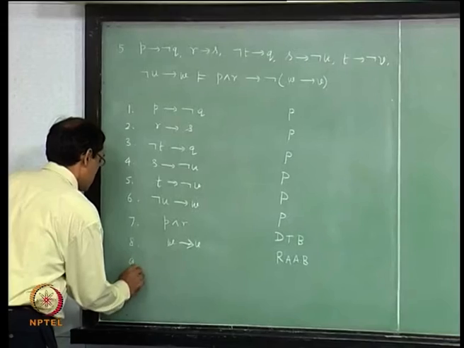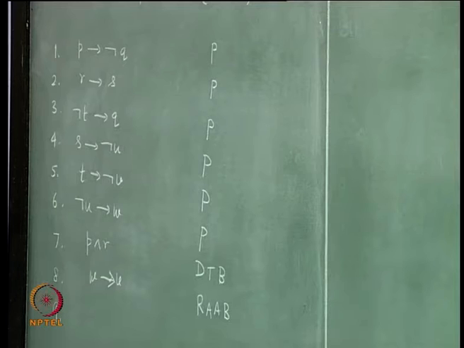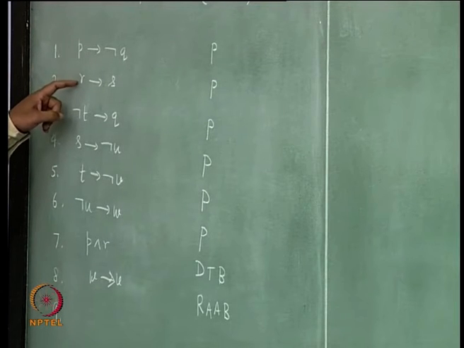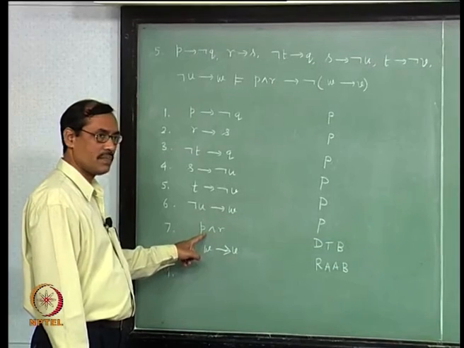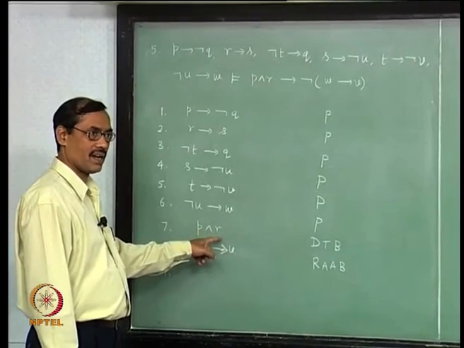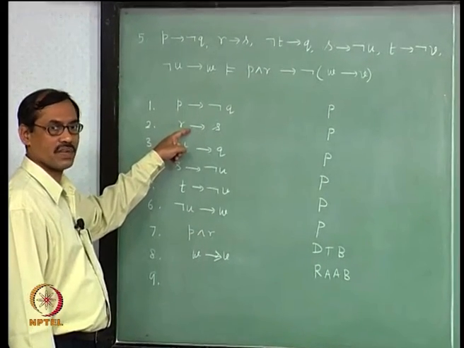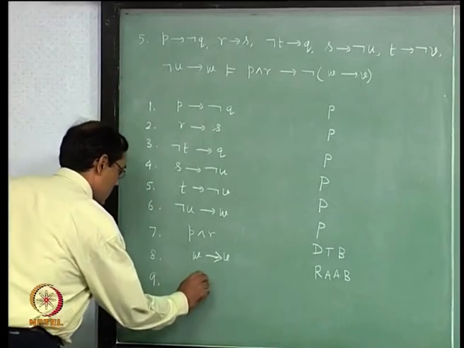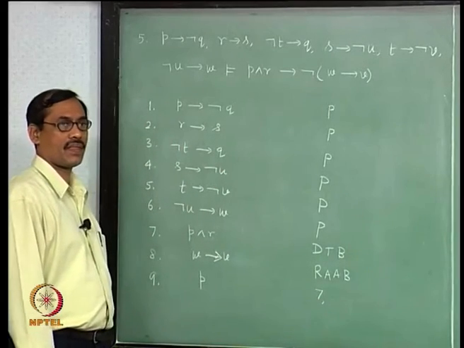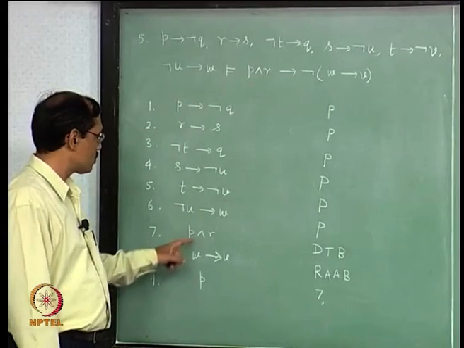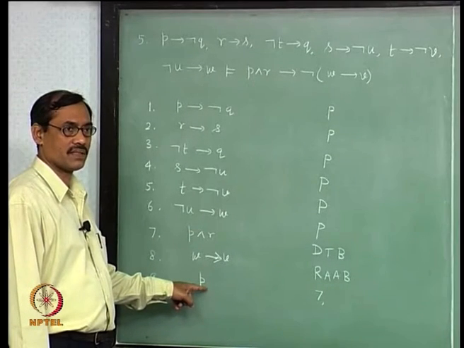Then what is our strategy? How do you get a contradiction? Say it is starting from P, this is also starting from R, and we have P and R. So, we start with concluding P from P and R, similarly R from P and R, then apply these two premises and modus ponens. Okay. So, let us take P, this follows from 7. So, you are using P and R entails P, that is your elimination, law of elimination.